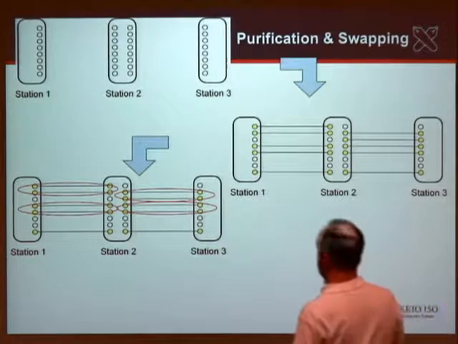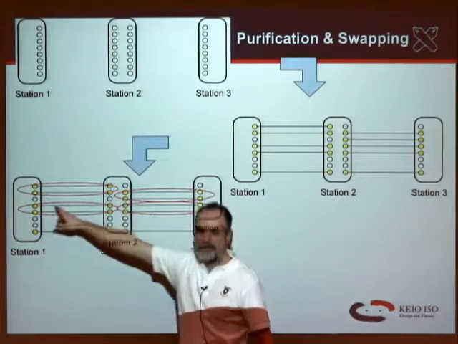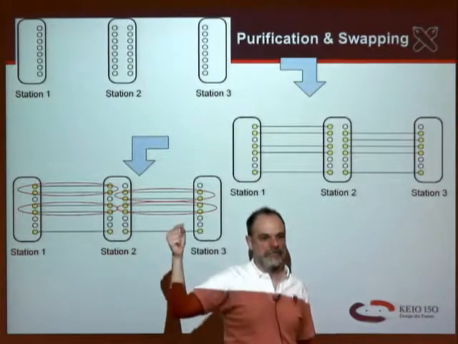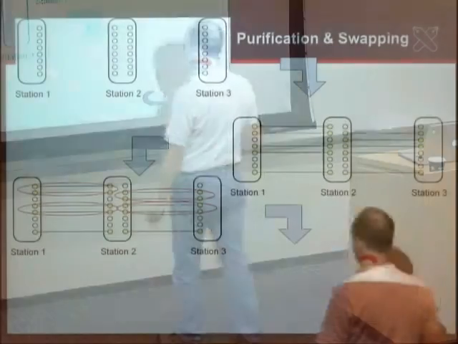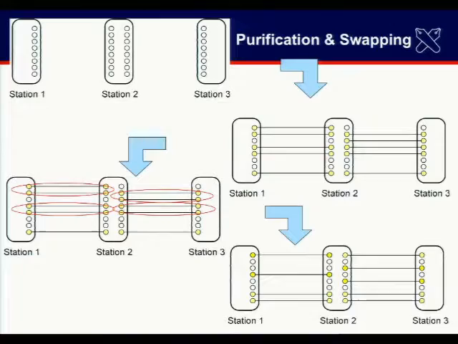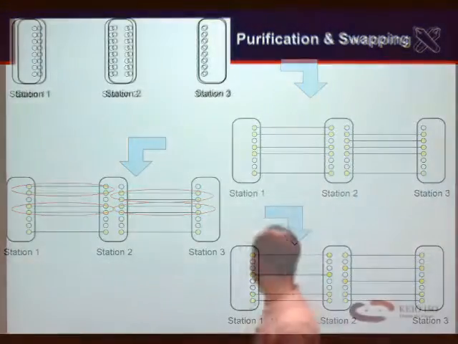Okay. So now there are different ways you can achieve that. You need to analyze the set of information that's available at each station and make sure that either they can independently make the same decision, or if not, that they are going to communicate and share enough information to make that decision. Okay. After you do the purification, of course, you're left with fewer of the actual entangled pairs.